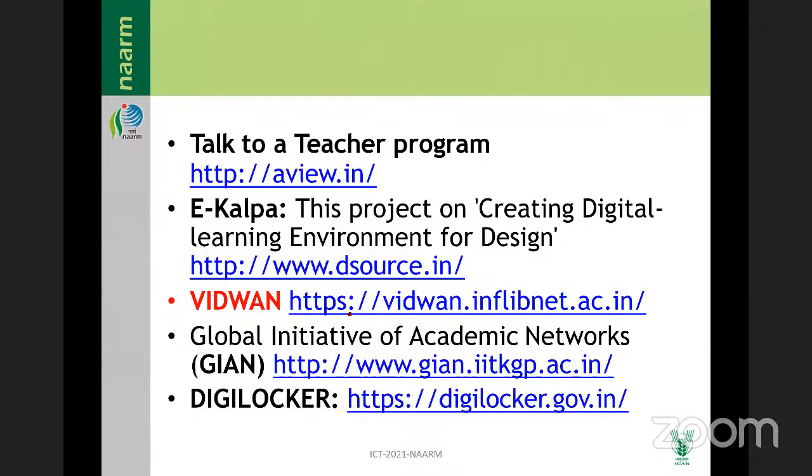DigiLocker, how many of you are using DigiLocker? It is one of the very good ones. Have you registered on DigiLocker? Our Government of India has started the DigiLocker. Suppose a driving license, you can download it, your Aadhaar card, your certificates. I think more than 87 government departments' information you can get.